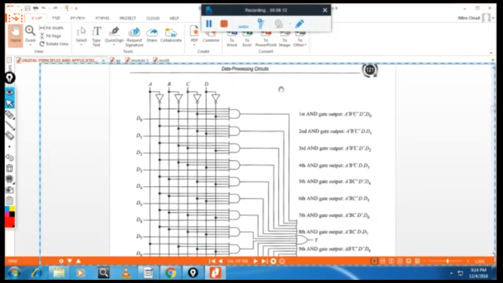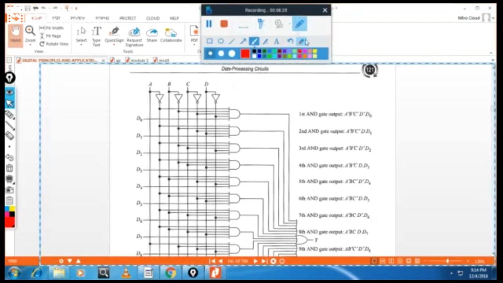So how to draw the diagram of the 16:1 multiplexer? First of all, you should remember that we need 16 data lines. First of all, you have to take 16 AND gates, 1, 2, 3, 4, 5, like this 16 AND gates. All these AND gates are connected to a NAND gate. Now, we need 16 data lines. So connect each AND gate with one data line, D0, D1, D2. Now, control lines. How are the control lines connected?